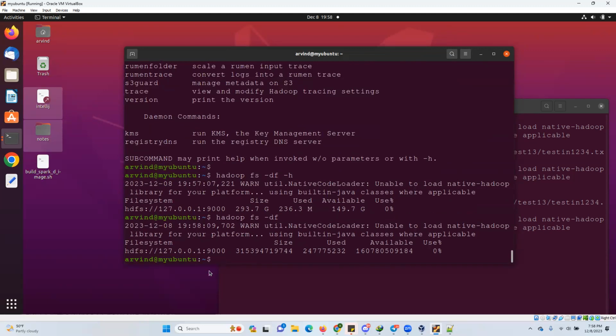Yeah, minus H is converting into MB/GBs. And here you will not easily calculate, right? Because it's a too big number, bytes or KBs, right? Kilobytes. Okay. So this is the conversion of this to the GBs, right? So this is a more readable form, right? DF minus H. Okay. And when you do hadoop fs minus du,